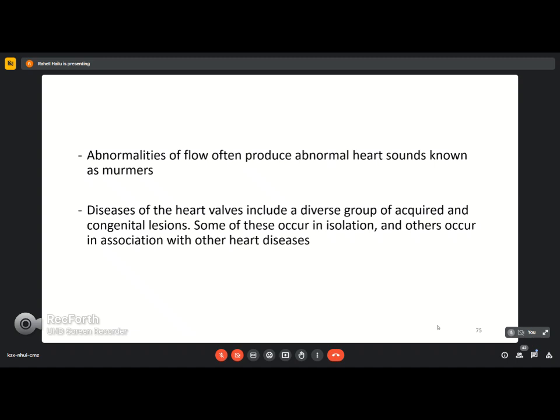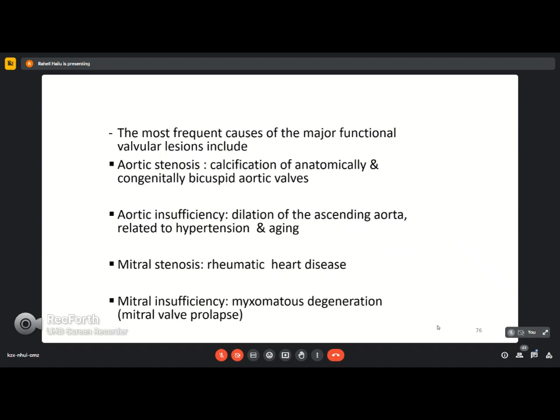So the diseases of the heart valves include a diverse group of acquired and congenital lesions, some of them in isolation, and others occurring in association with other abnormalities or acquired ones. So the major functional lesions are aortic stenosis. Aortic stenosis can happen with calcification of anatomically or congenitally bicuspid aortic valves. Aortic calcification can happen with an increase in age, okay, because against high pressure